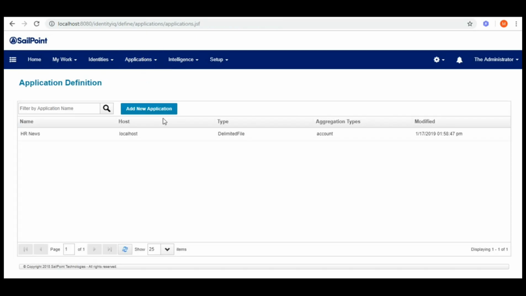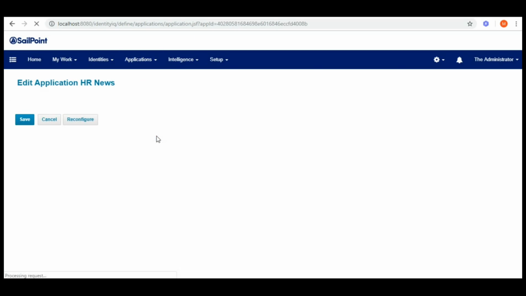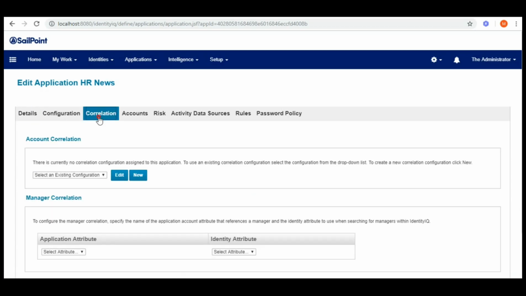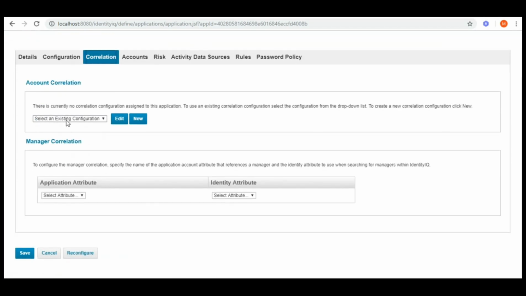It's completely empty. We will learn how to do account correlation or manager correlation, in what condition we can do manager correlation, when we can do account correlation, and at what places we can do this configuration. Is it the only place we can do account correlation, or is there any other way, or can we write a rule